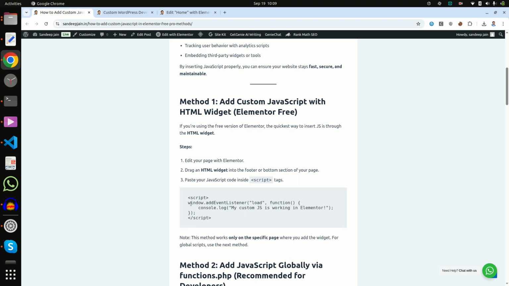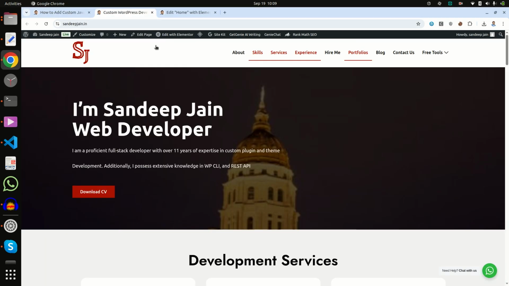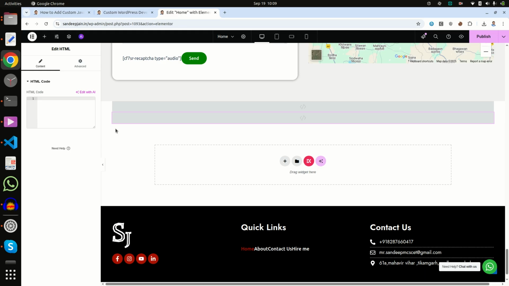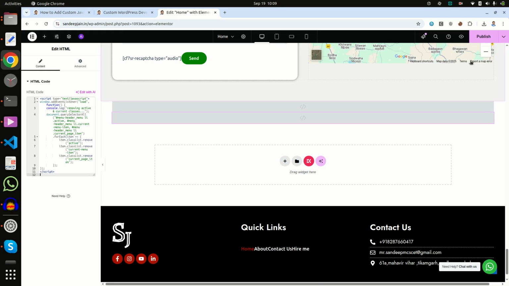Here it is giving some script code. I added my code, which I have for removing these things. I'm pasting it here and now publish.